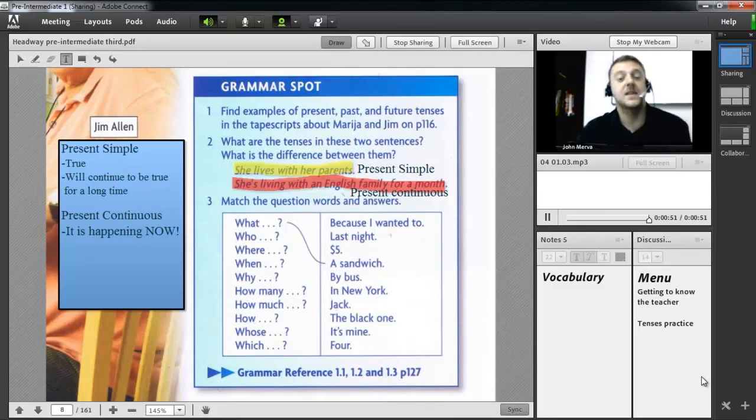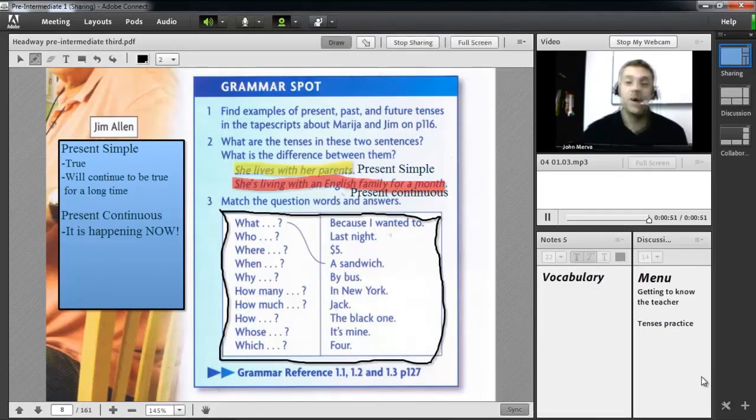The next thing I would like to look at in the grammar box, the grammar spot, is number 3. Just some quick revision of some question words to make sure that we're very happy with the question words. I have drawn a line around the box in exercise 3. What I would like you to do is to practice your question words just by matching them together. So we can see the first one, what, matches with a sandwich. The next one, who, must match with a person, and the only person's name we have there is, of course,